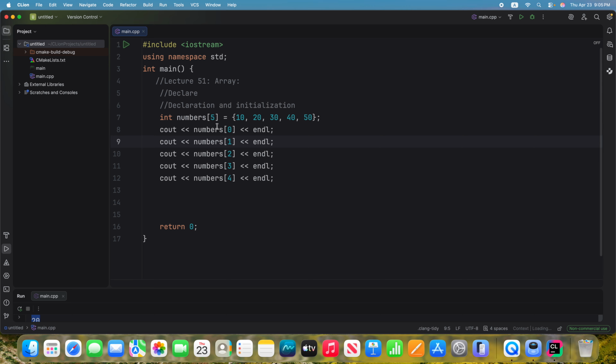Or we can also print the elements of an array using a for each loop. In modern C++, we have the for each loop, and the for each loop is used to iterate, or loop, through all elements of an array. For example, if I write here a string array of countries,